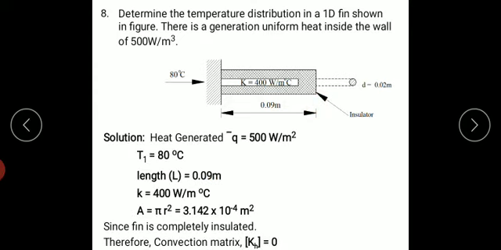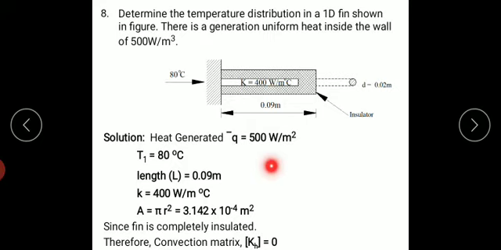So here is the given data: the heat generation value is given, the temperature is given. I will keep it in degree Celsius because the K value is in watt per meter degree Celsius. You should be very careful in the examination. You have to check whether the K value and H value are in meters or centimeters, Kelvin or degree Celsius. Based on that, you have to adjust the given data according to the K value and H value, and substitute. Here the H value is not given because there is no heat transfer. So K is in watt per meter degree Celsius, and I need to convert the given data into meters and degree Celsius. If it is already so, you leave it.